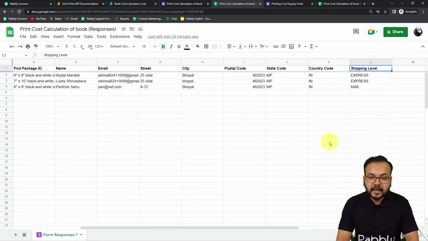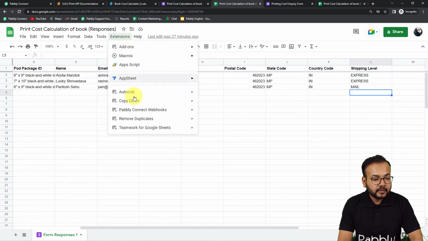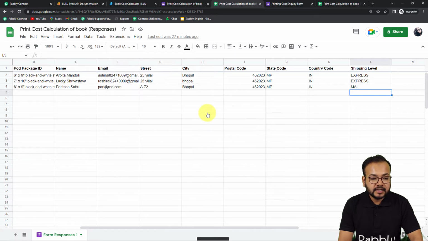So final data entry column means, or the trigger column means, whenever you start filling in the details here, you have to start filling from the column A, and then at the last, finally you have to put the data here, and as you put the data here, that is going to trigger the workflow and the data will be delivered to the workflow. Okay, so go to extensions, Pabbly Connect Webhooks, initial setup,